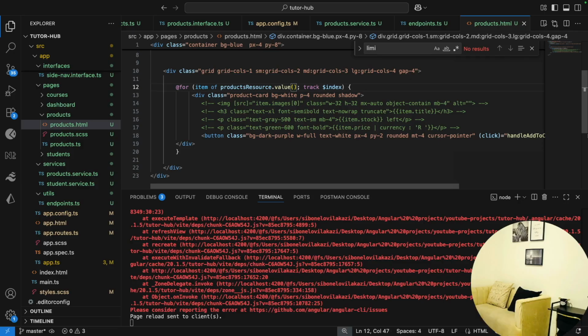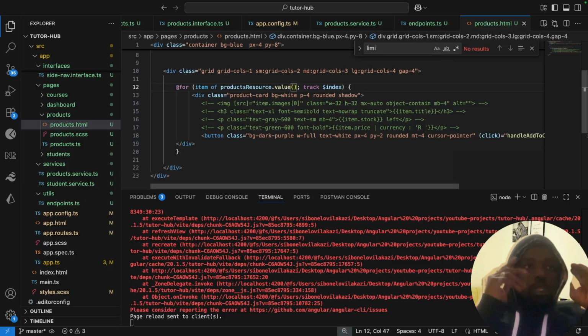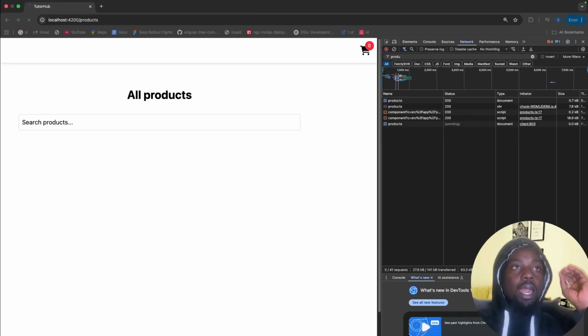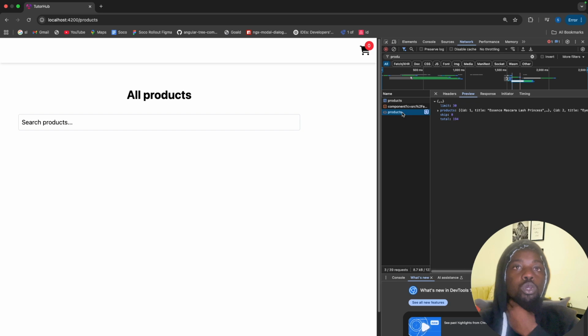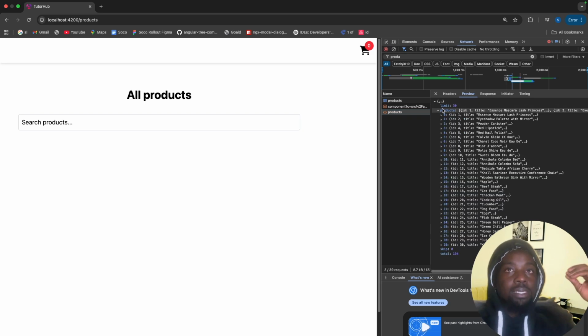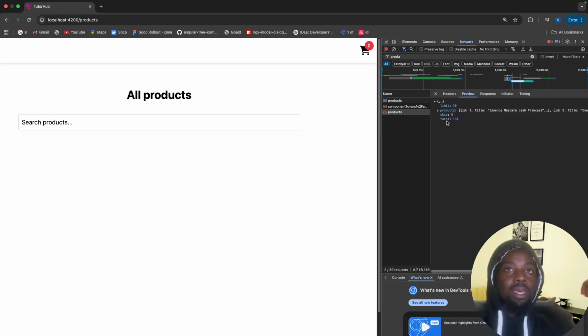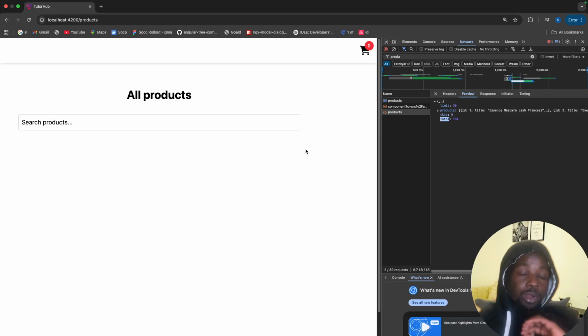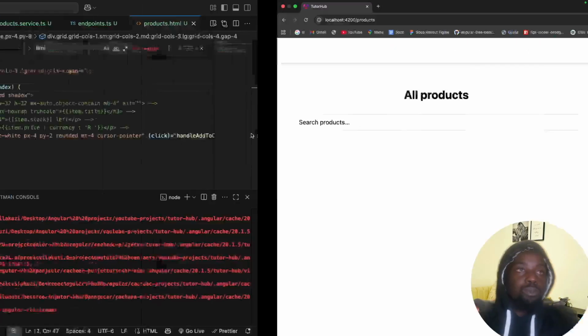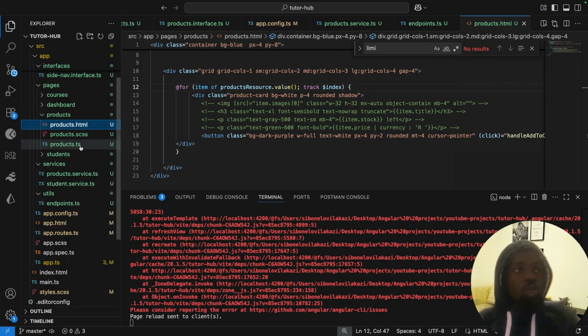Okay, so we can use that dot value. And this also still won't show our products, and this is because, if I look here, the object response that we get back has limit, products, skip, and the total number of products. So how do we then map out to this products data? What we can do using this